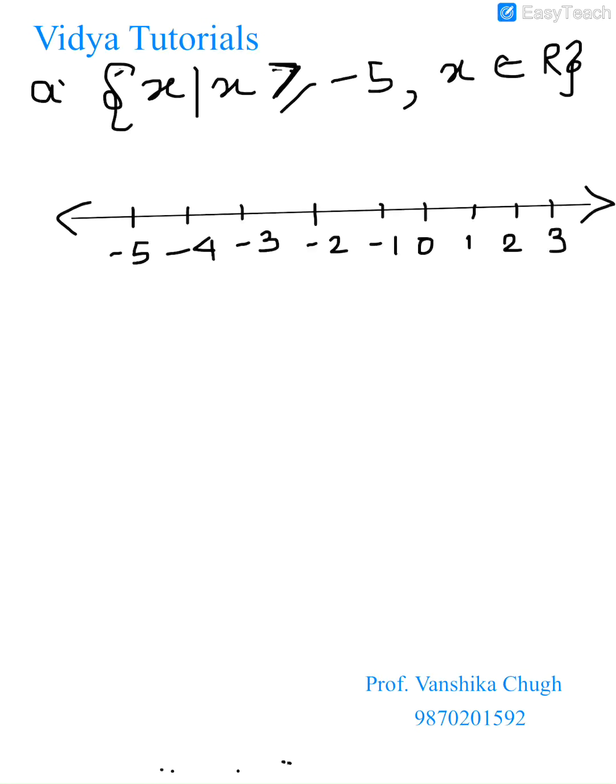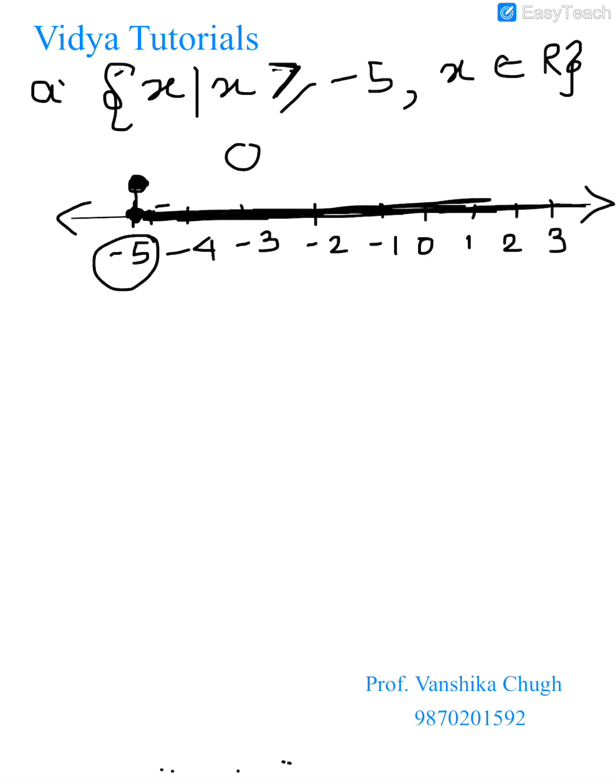Now there are two ways of representing it. I can do it as a solid dot over here. A solid dot means that this number is included, and then, since it is real numbers and there is only one limit given, I will just make this entire line dark. A solid dot means this value is included, and a hollow dot means the value on which the dot is made is not included. Here, since there is no other limit given, I will just make the entire number line dark.